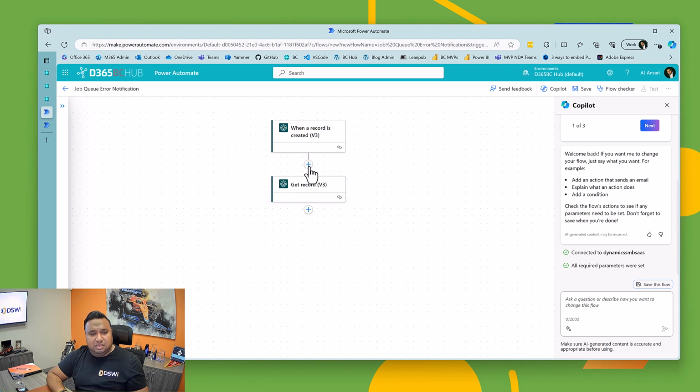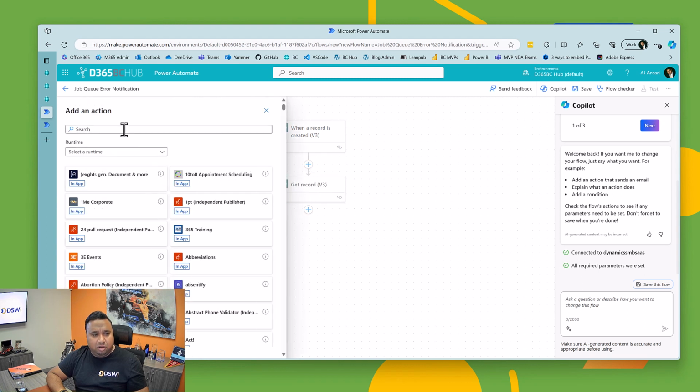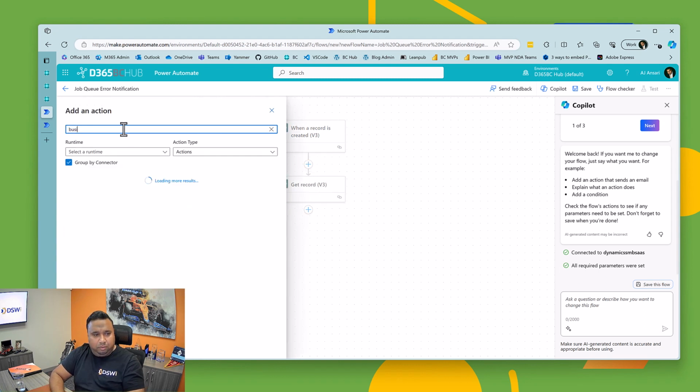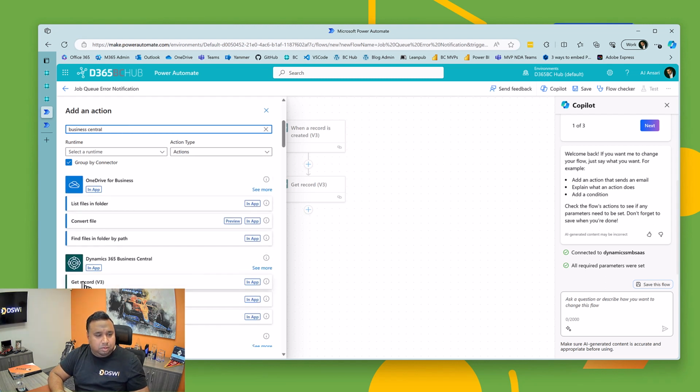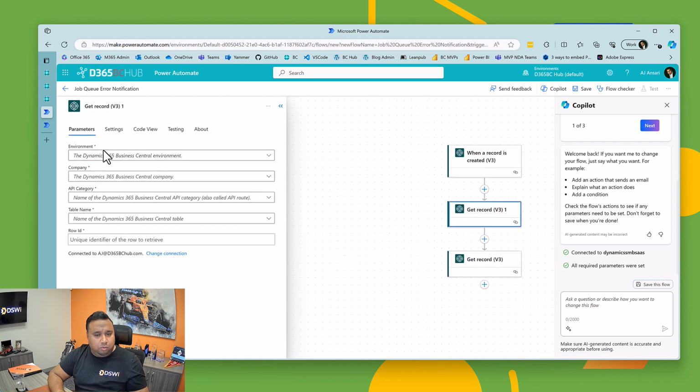So I can insert that between this get record and the when record is created. I can insert this before or after. I'm just going to add that before. I'm going to call this Business Central. There'll be another get record we're going to do. And this time the get record will be